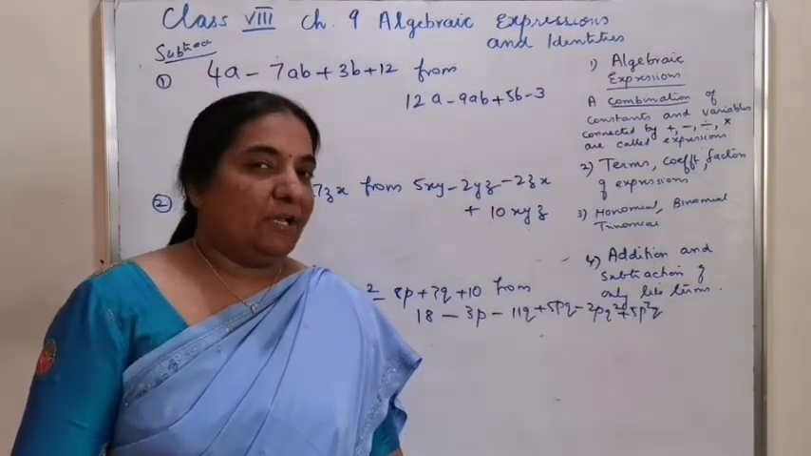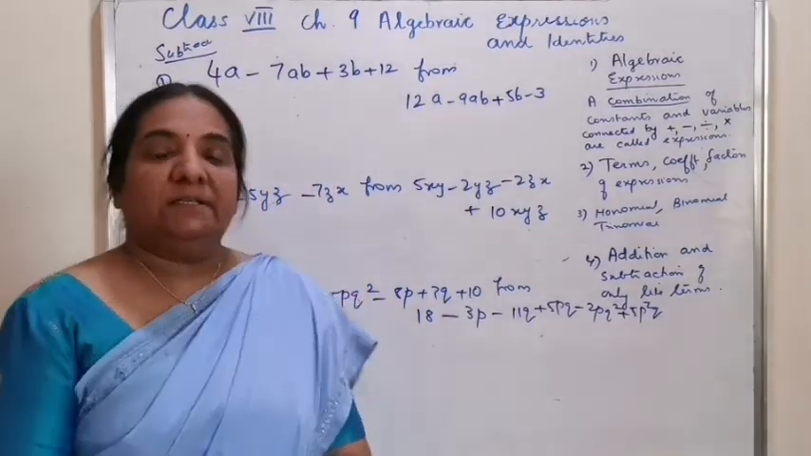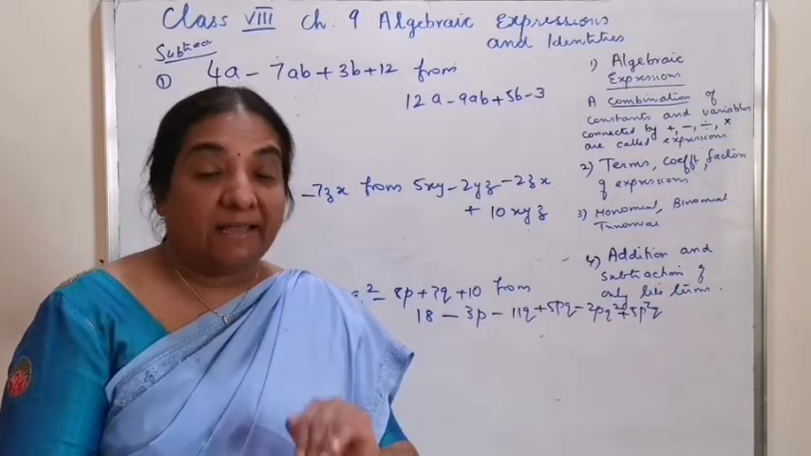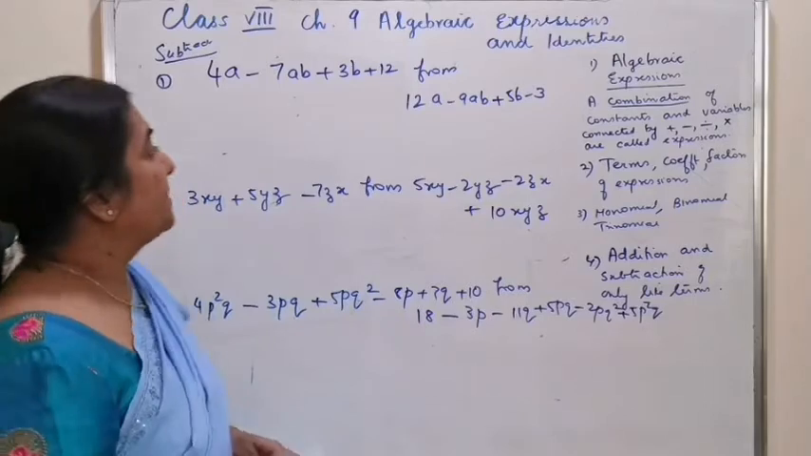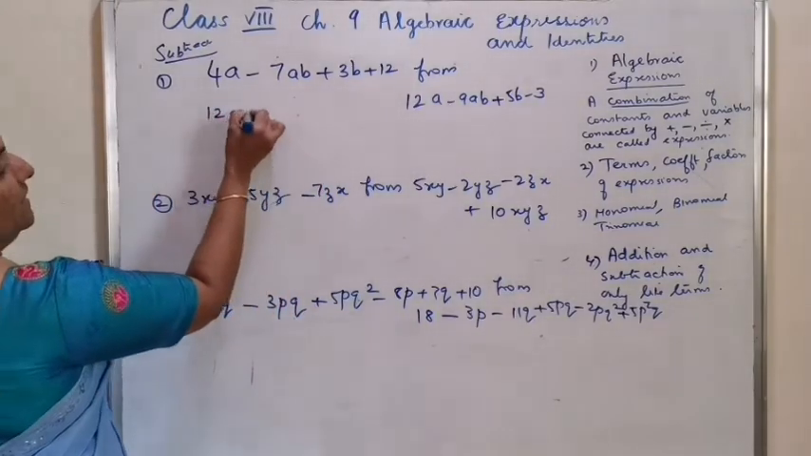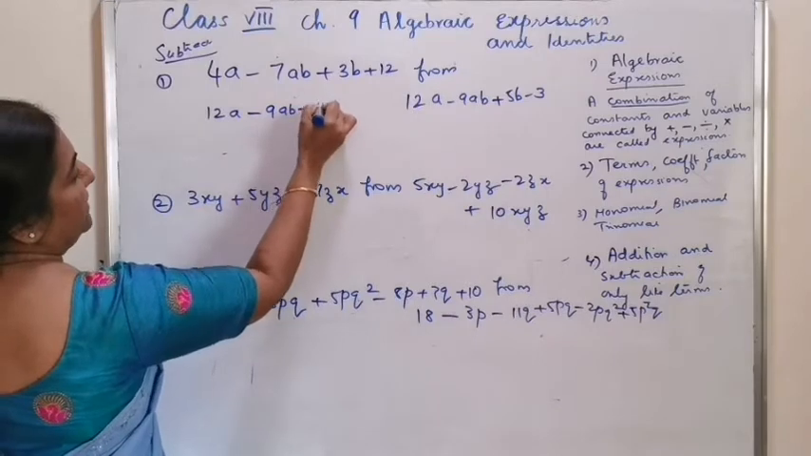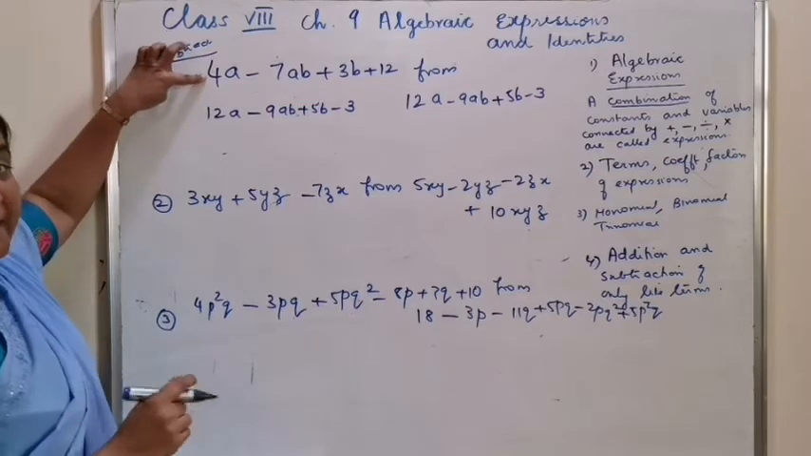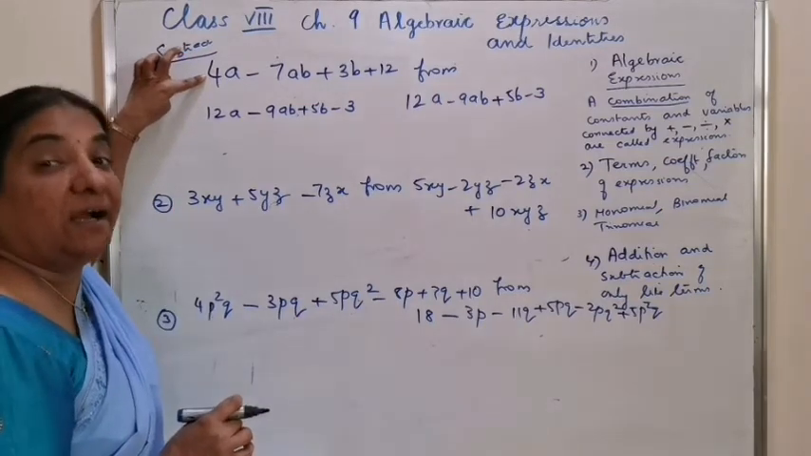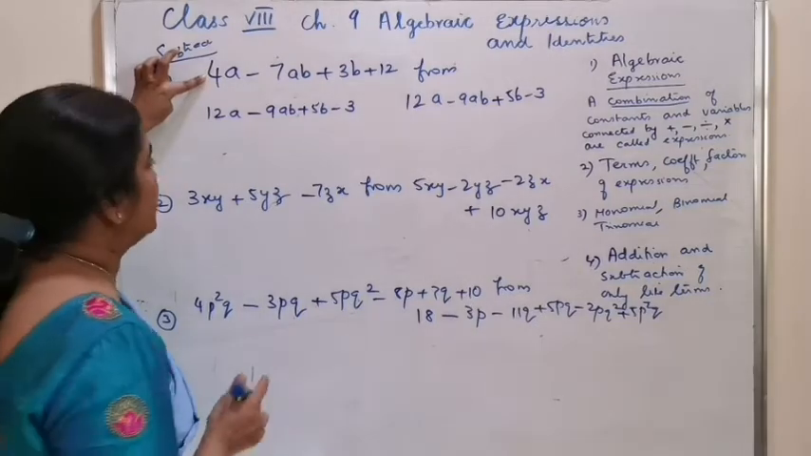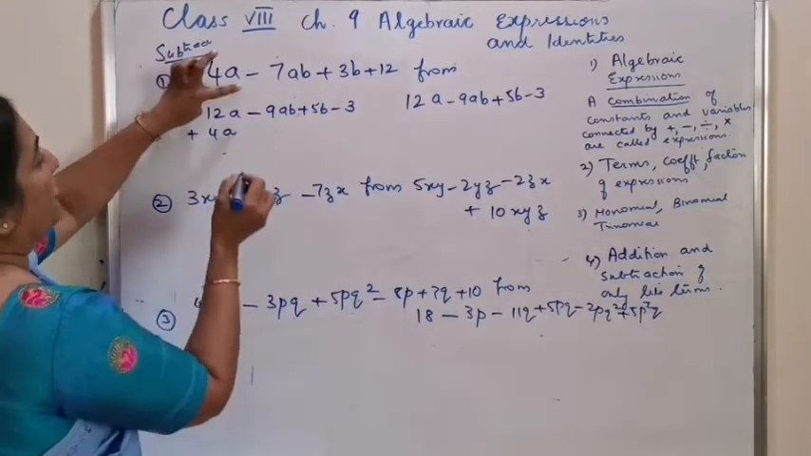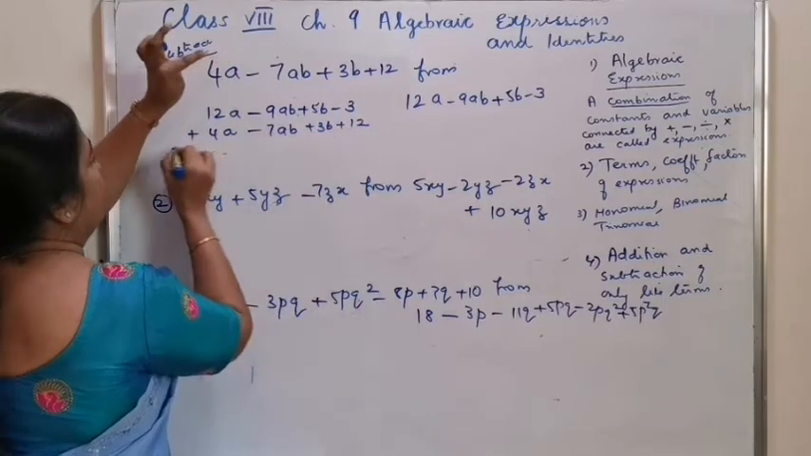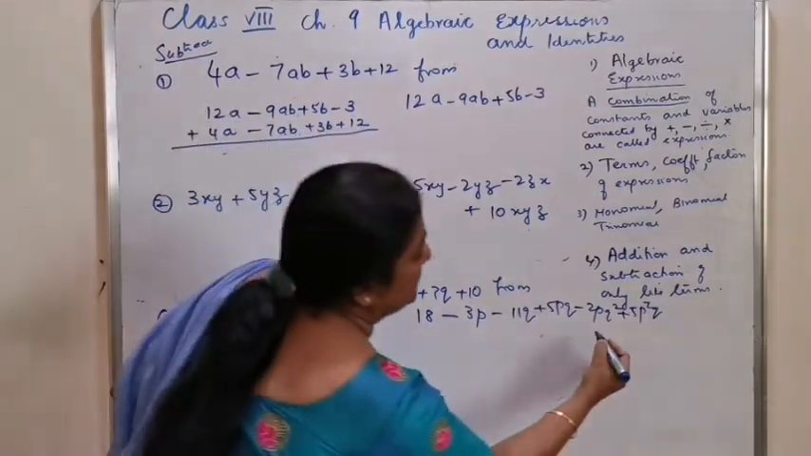Subtract the following algebraic expressions as mentioned. Subtract 3 from 9 is always 9 minus 3. The first question is 12a minus 9ab plus 5b minus 3. And now when you arrange the second one, arrange each term with the sign under the like term. Positive 4a minus 7ab plus 3b plus 12. And subtraction is